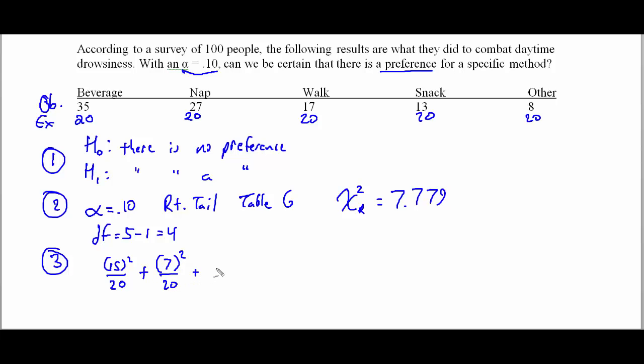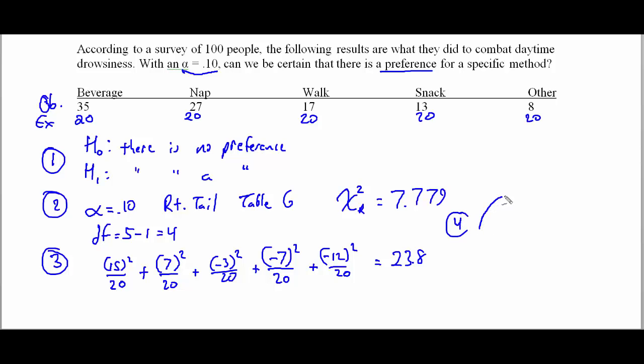And then we have negative 3 squared divided by 20. So all these numbers will turn eventually positive. So if you took the absolute value and then squared them, you would get the same answer. But I'm just following the formula that's in the book, which is observed minus expected squared divided by expected. Plus, in this last situation, 12 squared divided by 20. So if I compute all of that, I get an answer of 23.8,